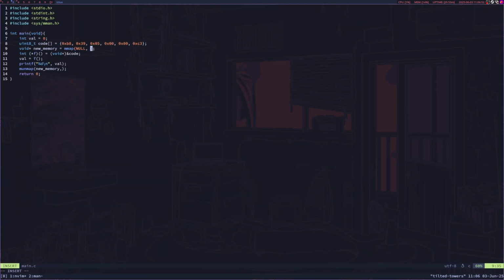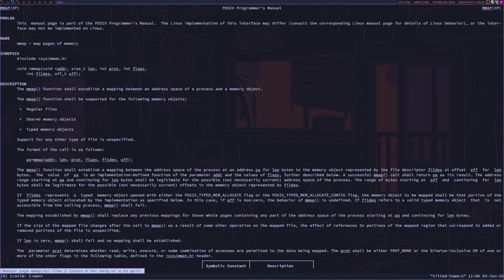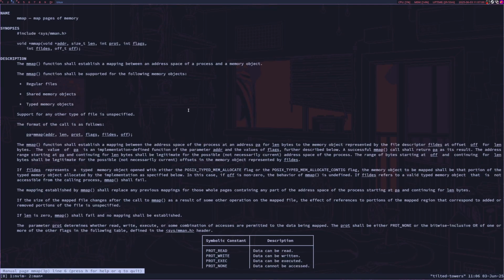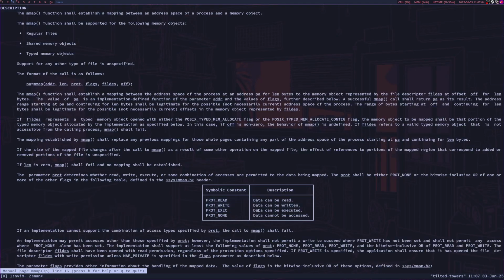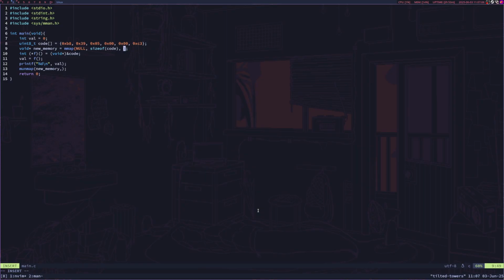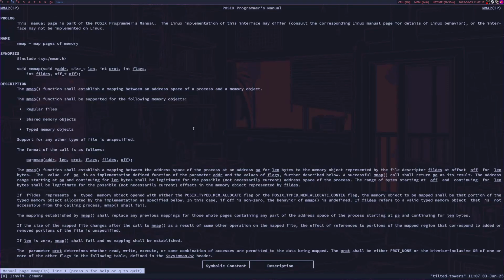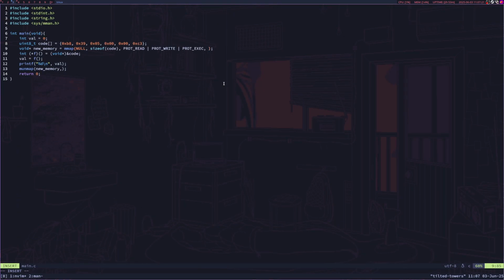The second argument is the length, and we're just going to do sizeof code. And the next one is the protections, which you can see down here. There are 4 different ones, and we're just going to do PROT_READ, PROT_WRITE, and PROT_EXEC. And then the next argument is the flags, we're going to do MAP_